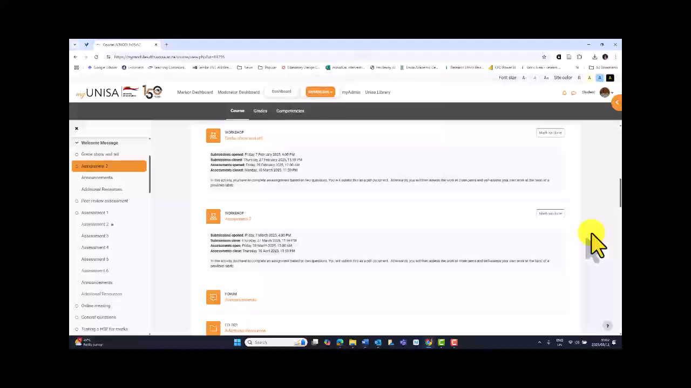First of all, navigate to where your assignment is. It will be called something like assignment or assessment. It is hosted in the workshop tool, which is represented through that little icon. Click on the tool